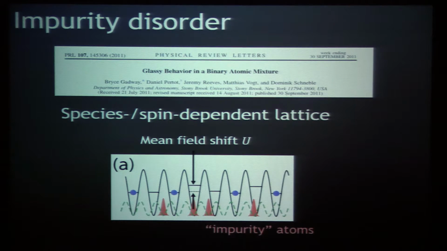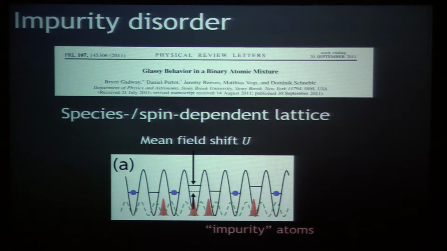So in Dominic Schnabel's group, he did measurements where he had impurity disorder, where the disorder came from atoms which were in a lattice, but experienced a different lattice than the atoms that were sort of the lattice atoms. Okay, I'm just thinking for a minute here if I got this picture backwards. No. Okay, so what he did was he used a very special lattice called a state-dependent lattice, which I'll explain more about in a minute, where atoms in different MF states experience different lattice potential depths. And he added in these impurity atoms here, which experience a different lattice depth than these blue atoms, which are the atoms they kind of measure the properties of.